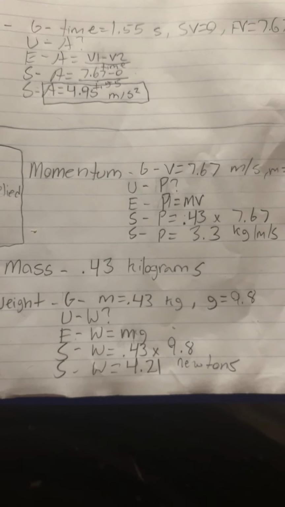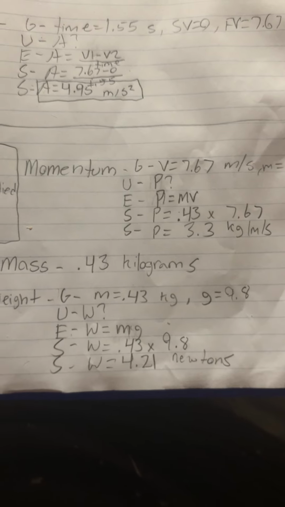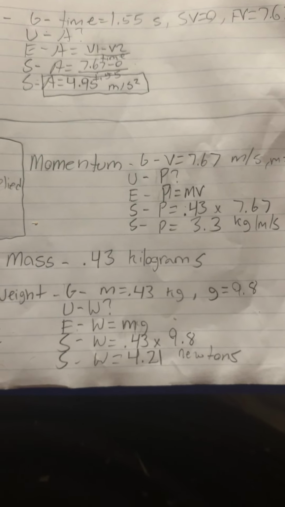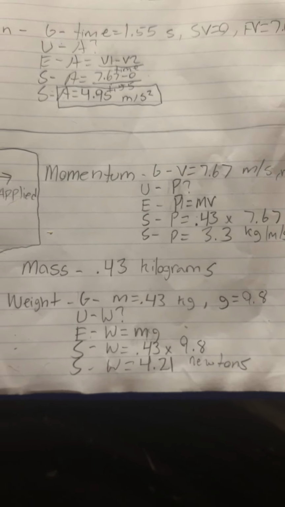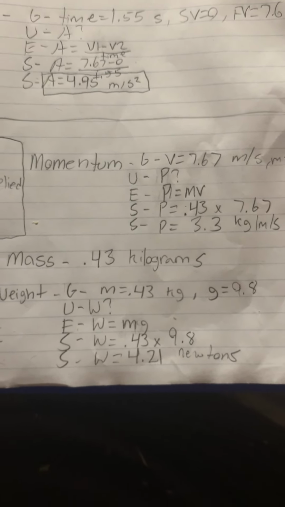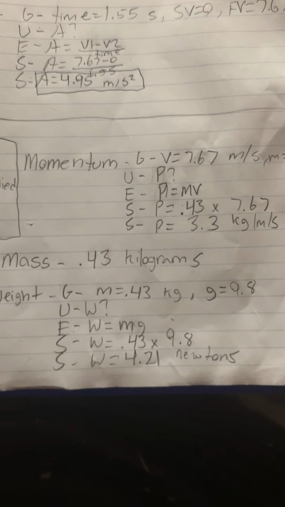To find momentum, you have to use the equation momentum equals mass times velocity. The mass was 0.43 kilograms and the velocity was 7.67 meters per second. 7.67 times 0.43 gives us a momentum of about 3.3 kilogram meters per second. The mass was